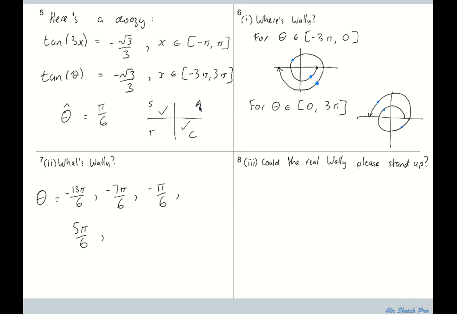Okay? Keep on going. Round my spiral. I'm up to here now. Here's my next blue dot. It's just short of 2 pi, that first full rotation. So 2 pi minus pi on 6 will get me this dot. So we've got 12 pi on 6 minus pi on 6 is 11 pi on 6. So 12 pi on 6, 2 pi, minus 1 pi on 6 gives us 11 pi on